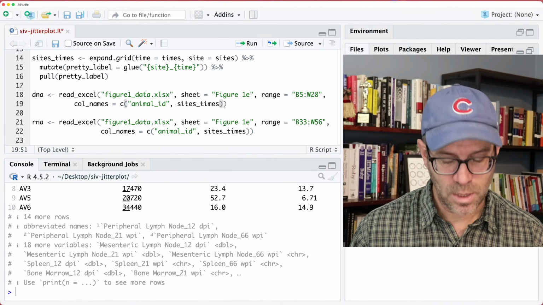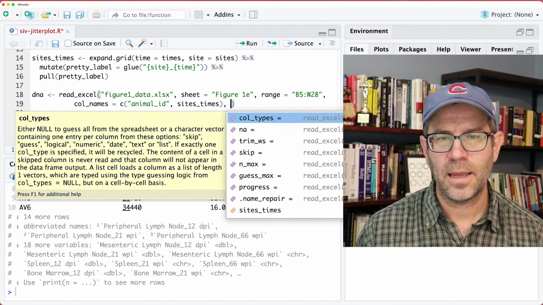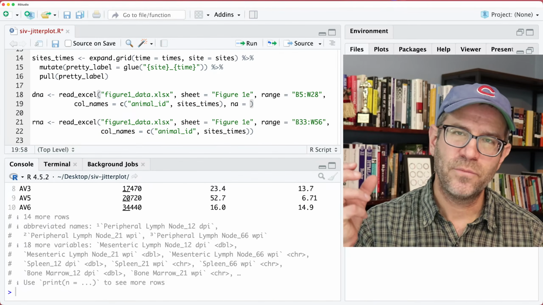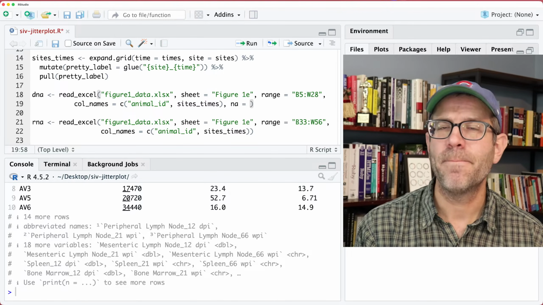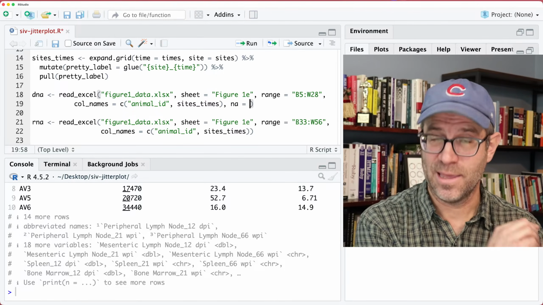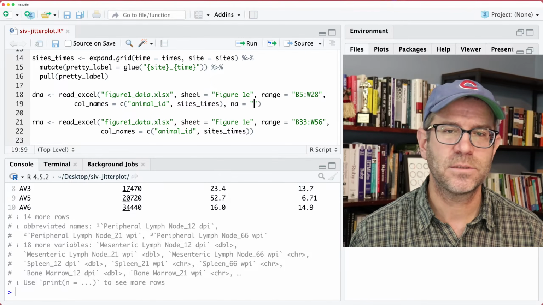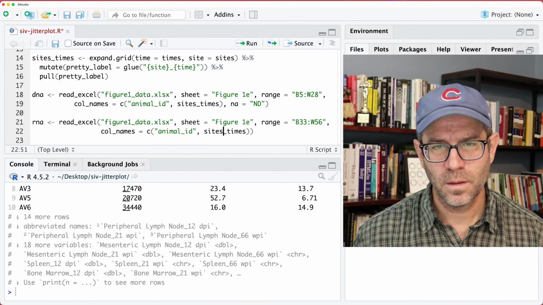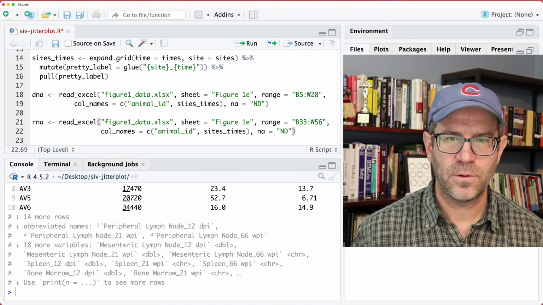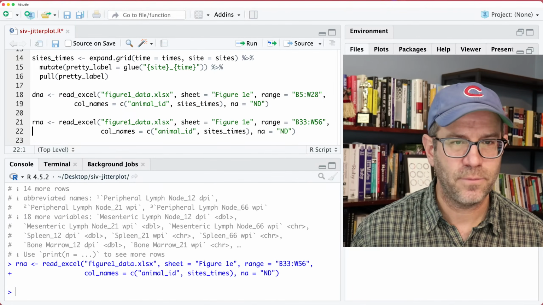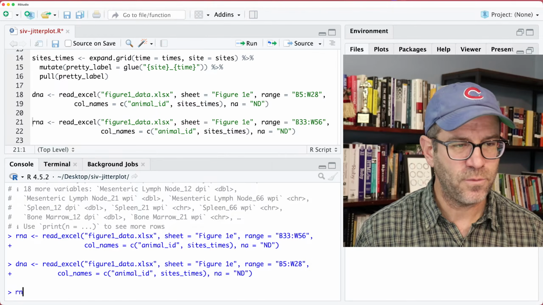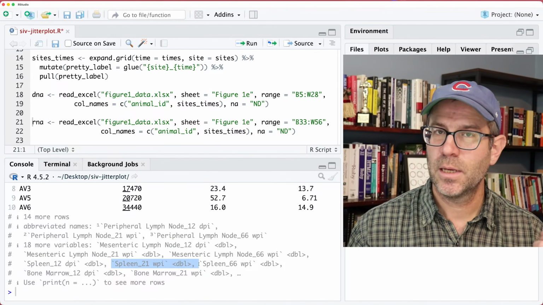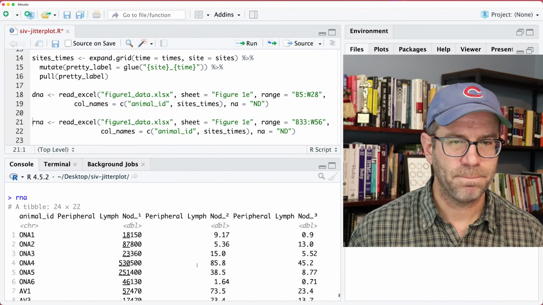And so what I could do is I can actually add an argument, NA, to set the value of ND to actually be an NA. And then later I can turn that NA into a 0, okay? And so let's then do ND for that. And we'll do that for the RNA data frame. And I think I forgot to run it for DNA. But now if we look at RNA and we look at that spleen 21 weeks post-infection, now it's a double, right? Okay, so